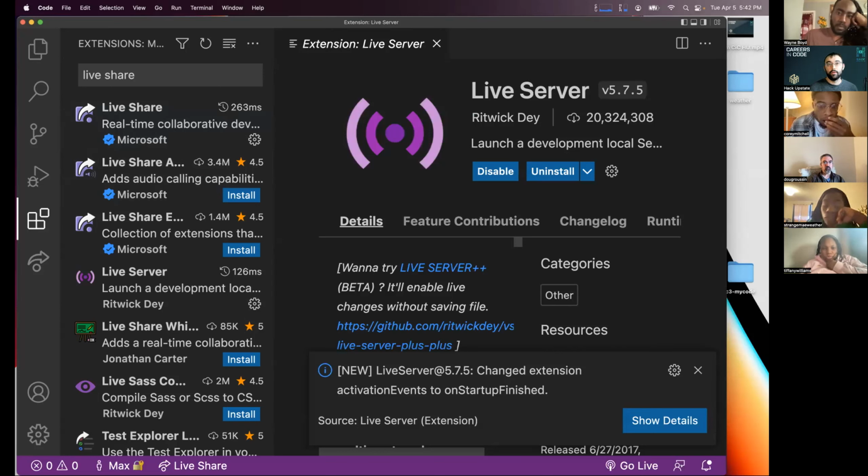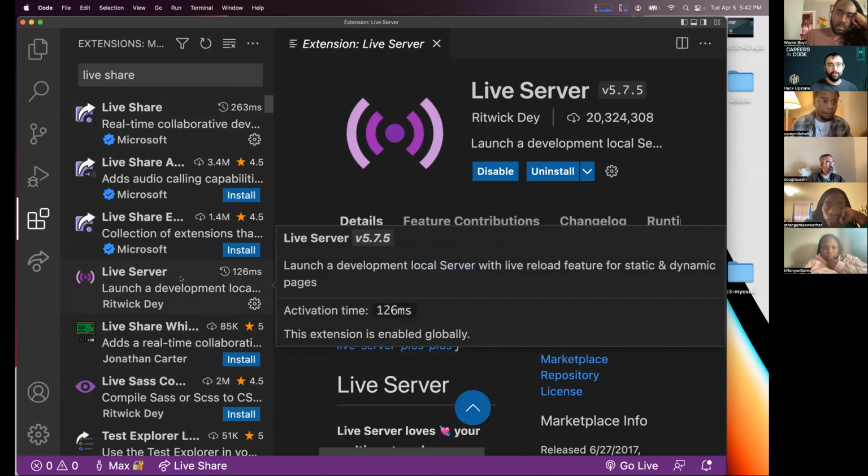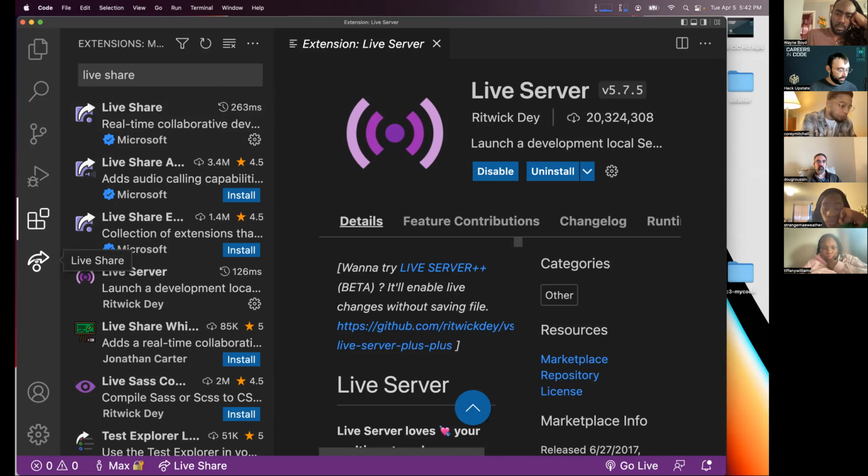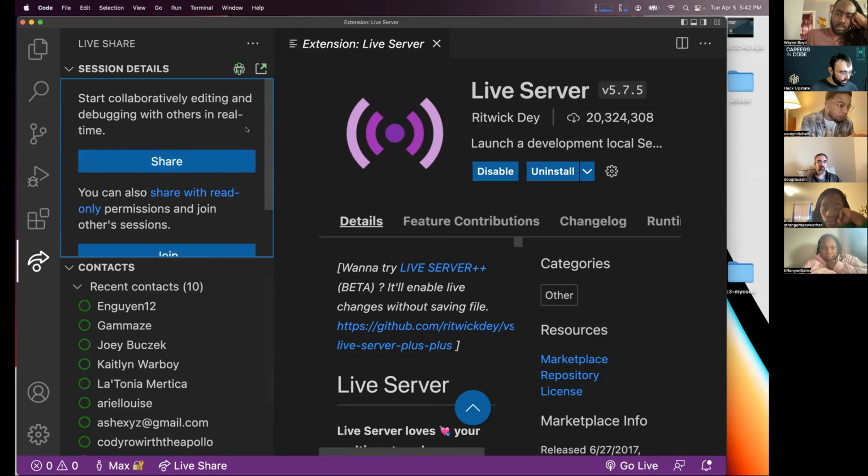Okay. I'm sorry, what was the second one that you said to install? Live Server, it should be the 4th one on the list. Thank you. Once we get both of those installed, you'll see there's a little icon over here on the right. If you click on that icon, and then click on,